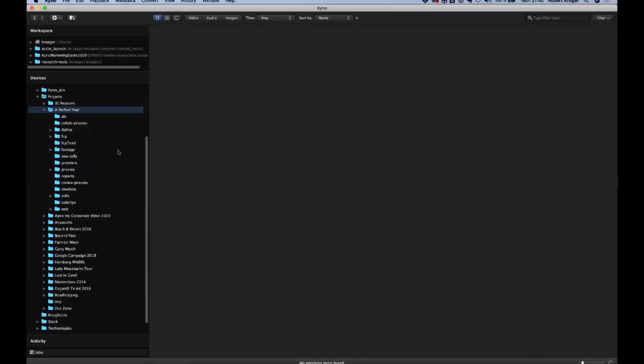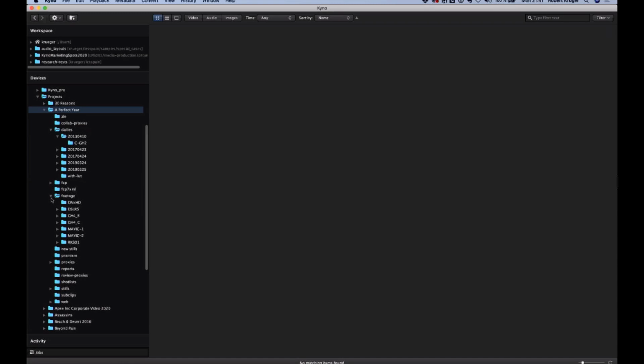Yeah, the problem that it solves is one that we really see everyone has. This is a typical production drive here with a projects folder, and each project has tons of subfolders. Honestly, in our industry, I don't think very many people are super disciplined. But even if you're disciplined, you still end up with typically hundreds or even thousands of folders on a typical production drive. And what Kyno's drill down function gives you is you can